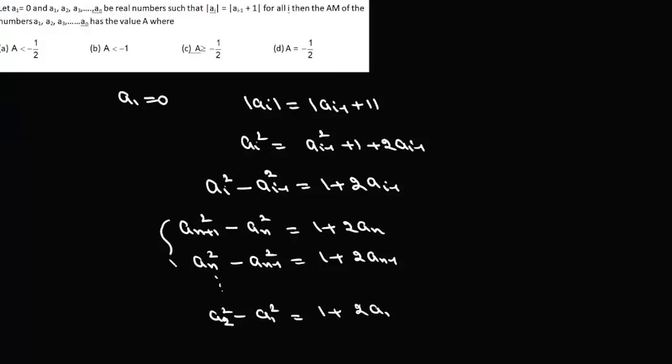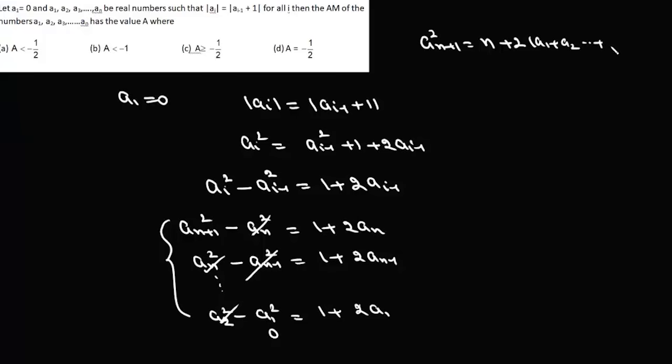Now if we add all these successive terms, they'll cancel, and we know that a1 is 0, so this value will be 0. So from here we can write a(n plus 1) square will be 1 plus 1 plus 1, n times, so there will be simply n plus 2 times